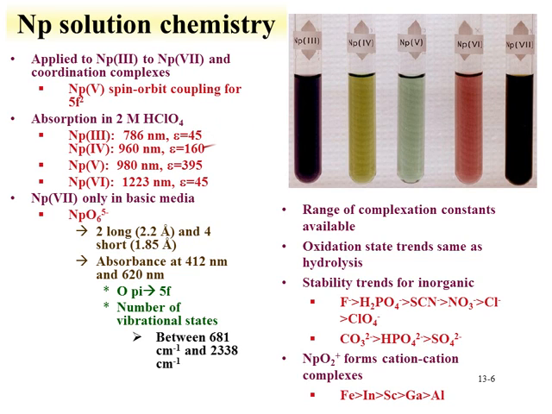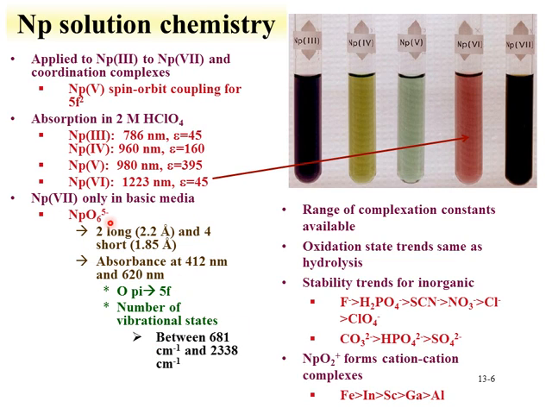Tetravalent neptunium is a little bit higher at 960 with a larger extinction coefficient. The prominent oxidation state in solution, neptunium 5, has a very large molar absorptivity, close to 400, and is in the near IR region, close to 1,000. And neptunium 6 is over 1,000, 1,200 nanometers, with a molar extinction coefficient of 45. Neptunium 7 is available only in basic media, and the absorbance has been examined, including vibrational states, since you have